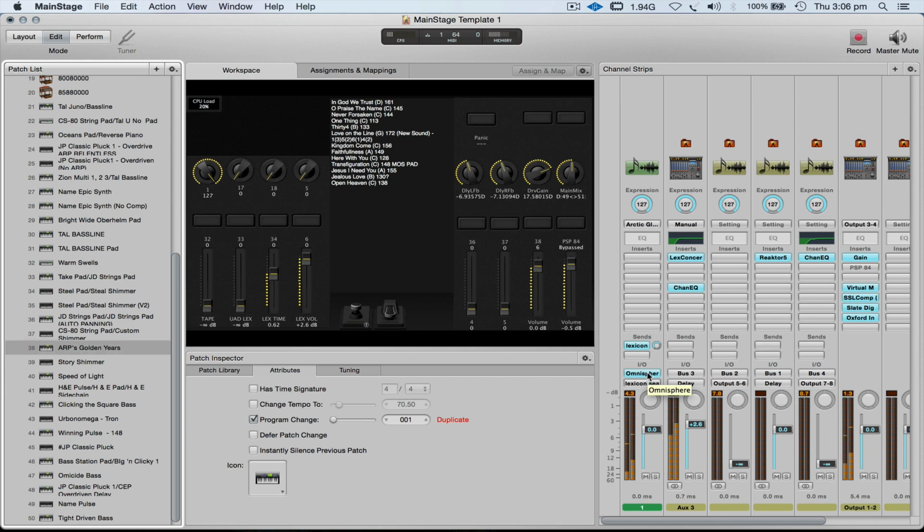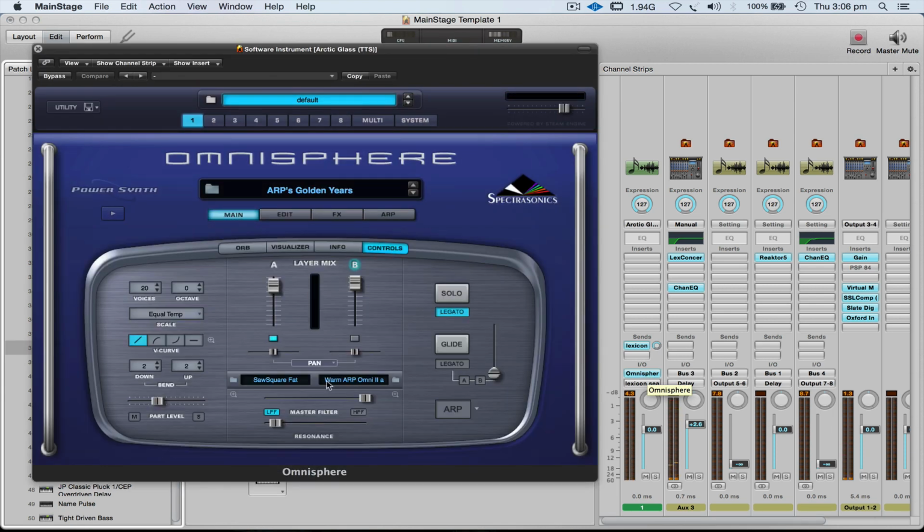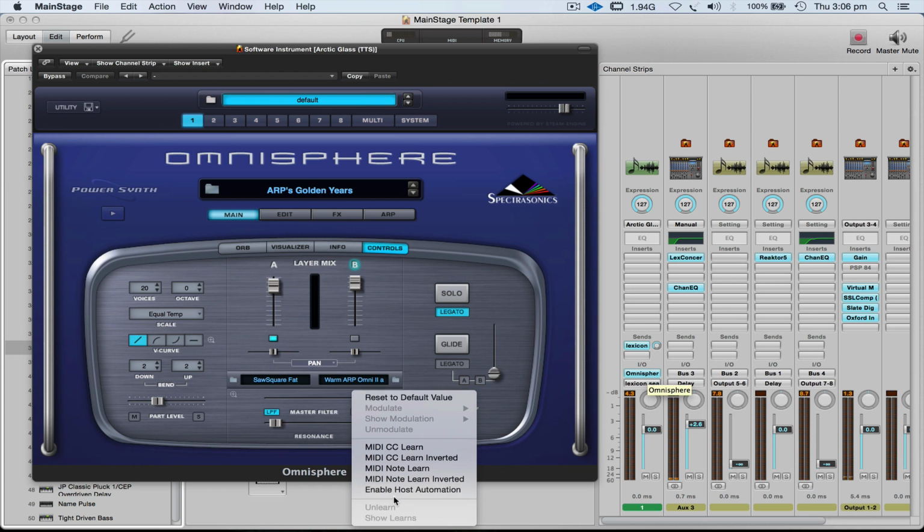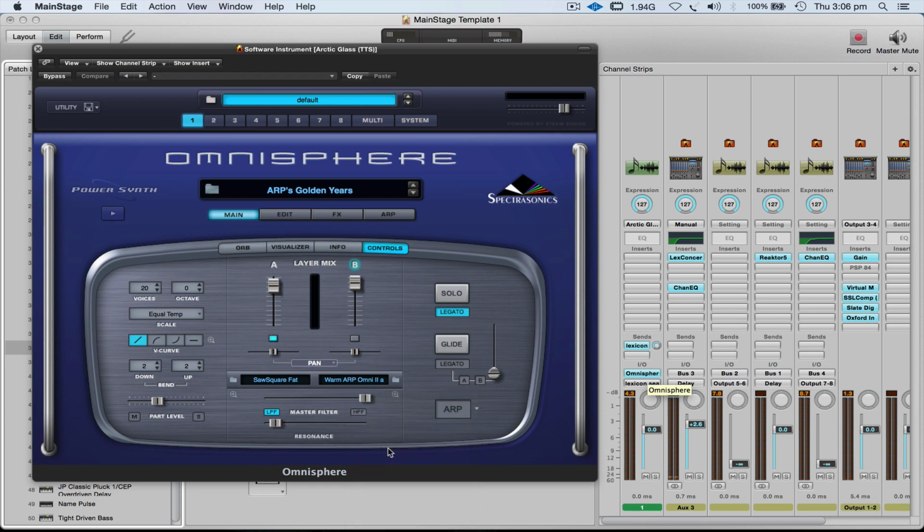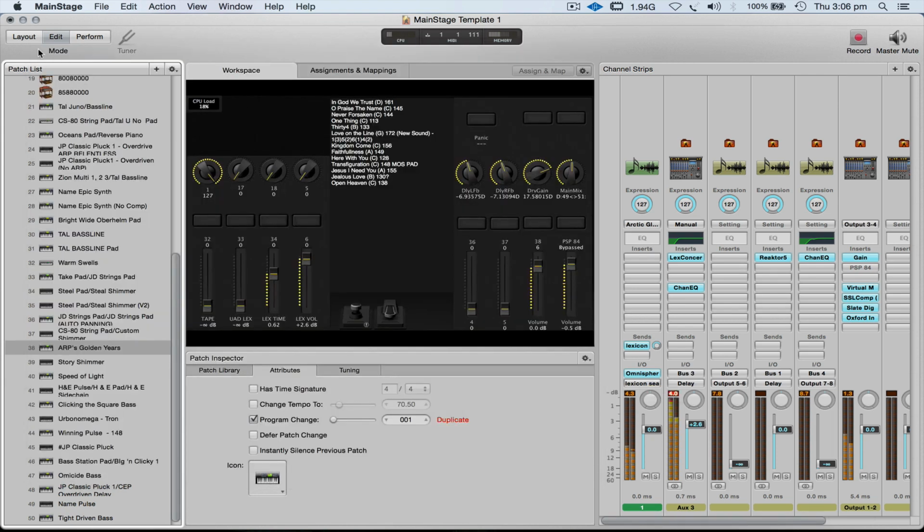I should probably map the low pass filter because I'm always liking that. So MIDI learn, map, and then I've got that mapped. Maybe move the resonance down if I don't want it to be too crazy. And I'm kind of peaking my output to my reverb, so I should probably take the level down. But anyway,